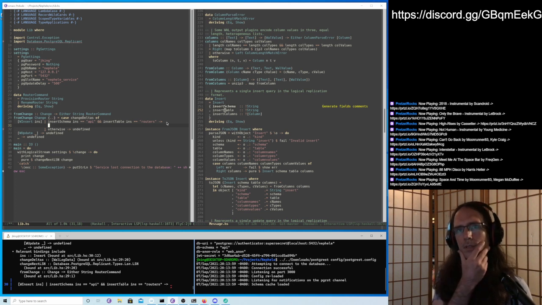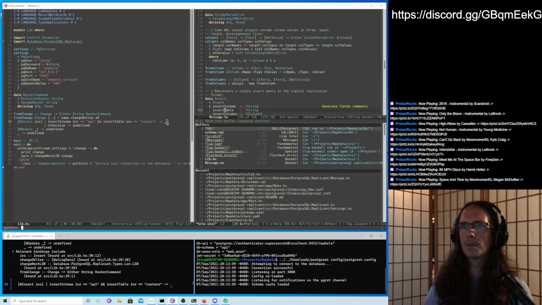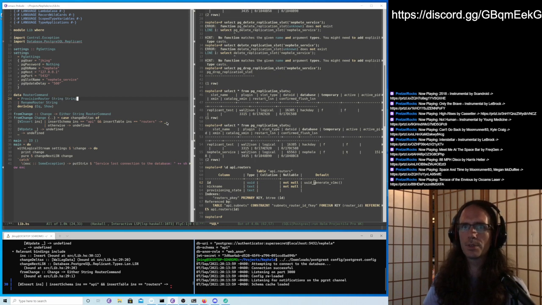So how are we going to do this one? Well, in our case, it's pretty simple because our table is kind of small in our prototype. We only have the ID and the nickname, and a provisioning stable, which we're going to ignore for now. We just want the ID and the nickname. In fact, in our thing, we only have the string and string. So let's just put those both in.